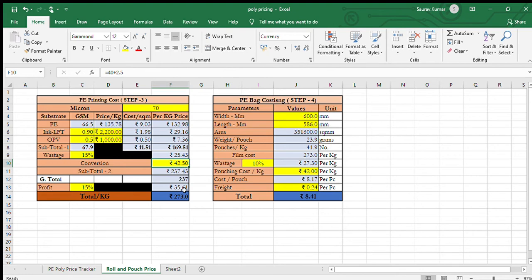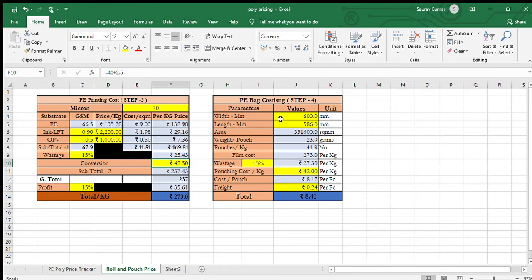Now most of the people add the profit here itself. So if you wish, if you are selling in PE roll format, you can add the profit here, and again the freight to it, and if required then you can add packaging also. So basically on adding you will get a total price per kg for a printed roll. So you can sell this printed roll in that format, and if you're selling that printed roll directly, then it is mandatory to add that freight cost and packaging cost. I am considering that it will be going out in bag form. So once this printed roll is there,